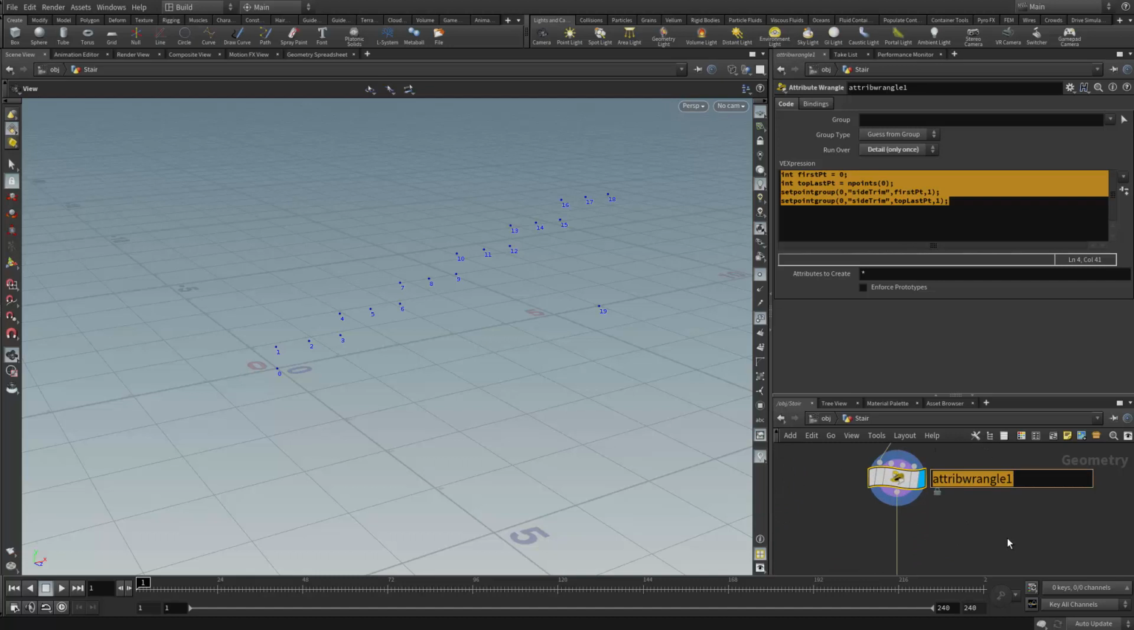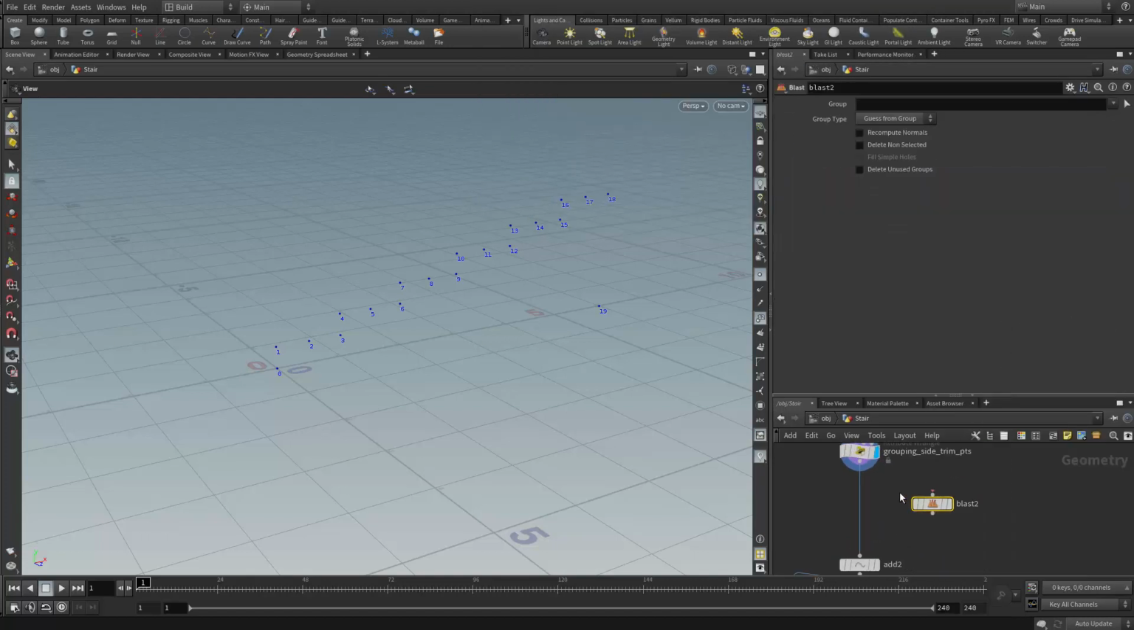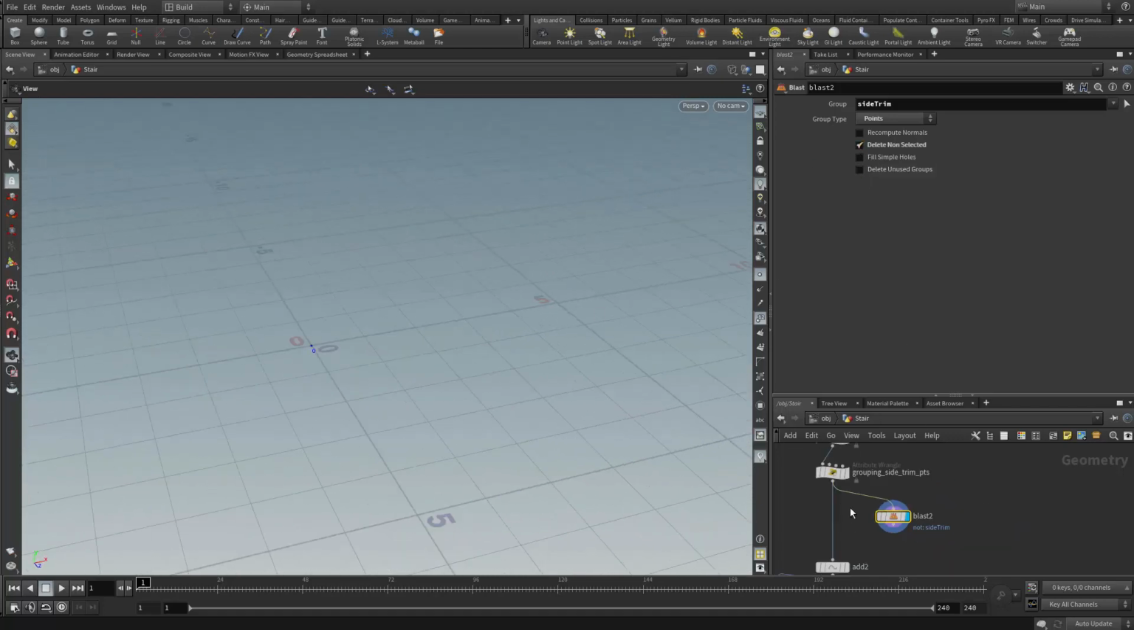Anyway, so this is going to be grouping side trim points. Okay, and then we can blast these out. Okay, and blasting the points, we can then choose the set trim. Okay, and delete non-selected. Right, got only point 1 actually,